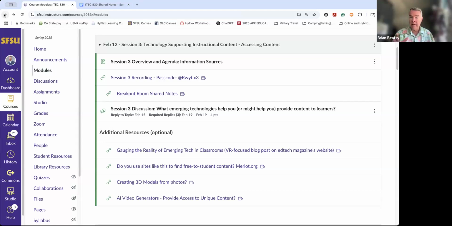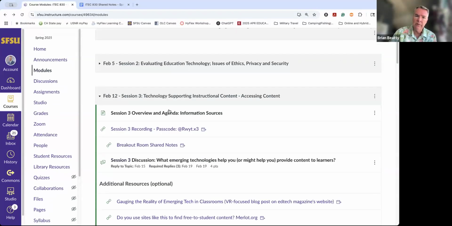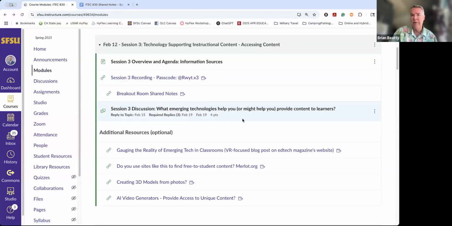And if we do another polling activity, like a Mentimeter activity, that's another thing they would be part of. Some classes I do a lot of polling with the external tool. Some classes I don't do very much polling with the external tool. It depends upon the nature of the course and the overall design. But when we do that,